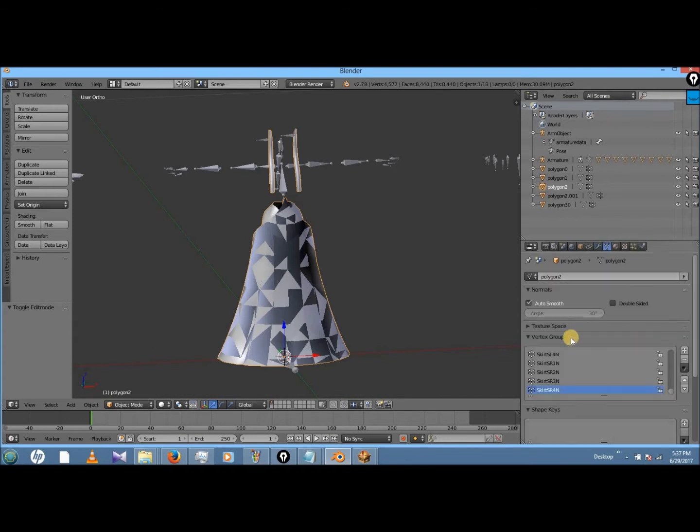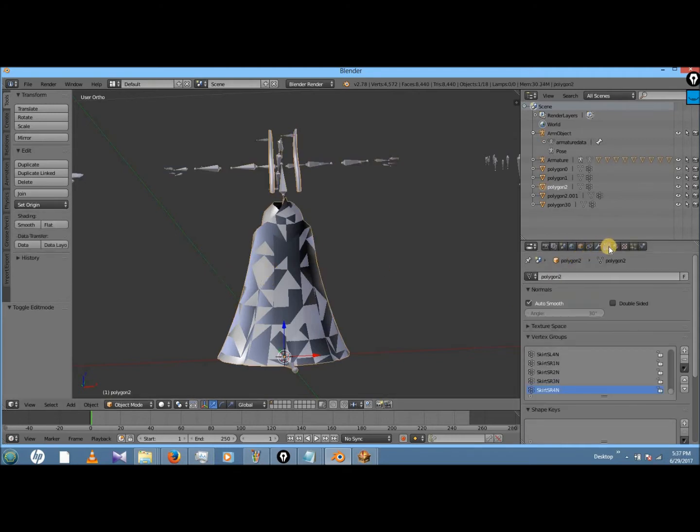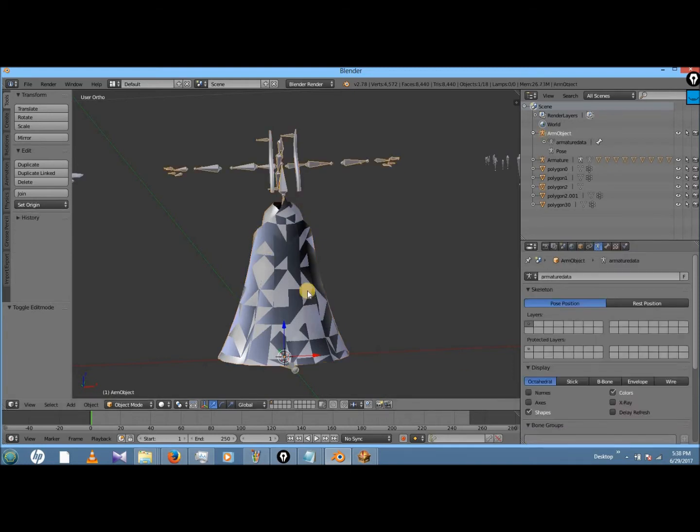This next part requires you to remove the rigging. To remove the rigging, you'll have the object selected, and then you're going to click this little triangular icon right there, and then in this box underneath the words vertex groups, you're just going to spam click the minus button until everything is gone. Okay.